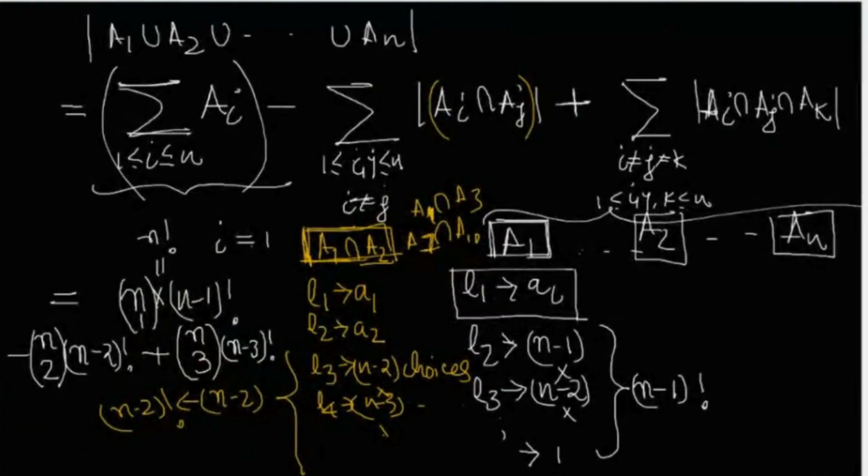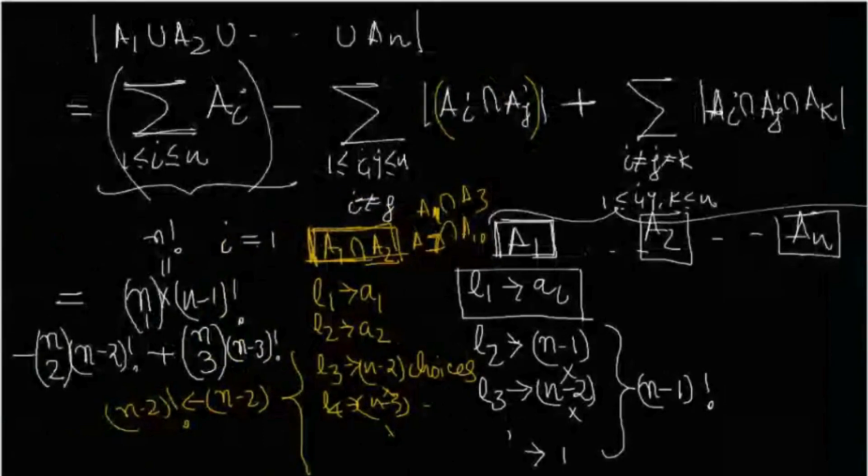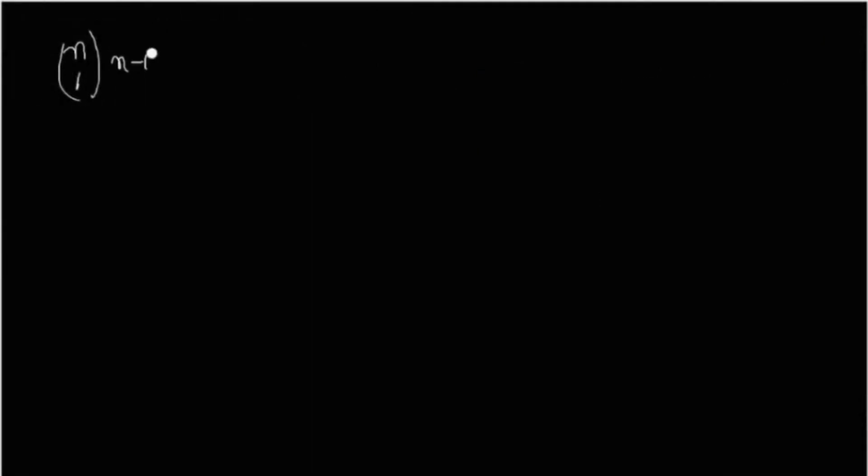So the first term is n factorial minus, if you become a bit confident with the sums, you can directly write the sum. Just for the sake of explaining, I have to take this trouble: the first term is nC1 times (n minus 1) factorial. Next, minus nC2 (n minus 2) factorial